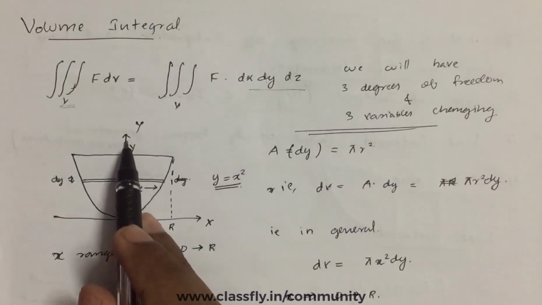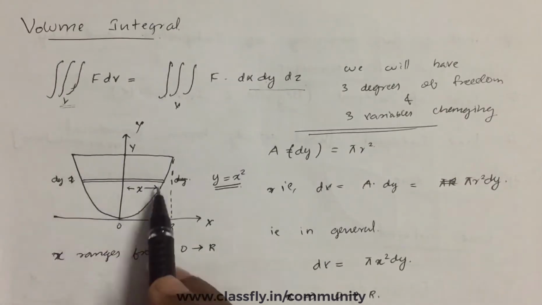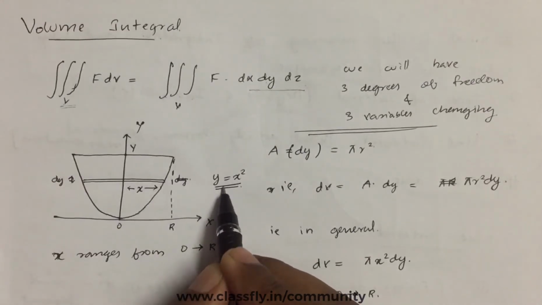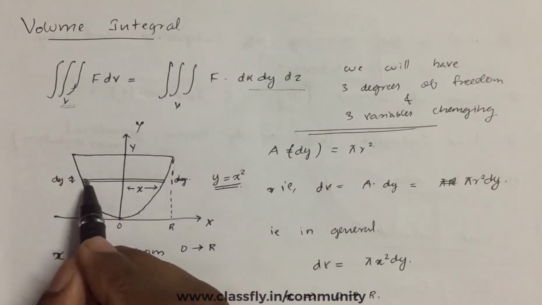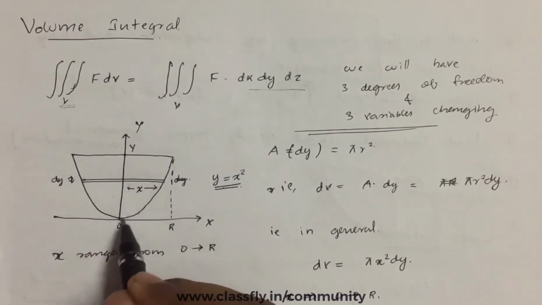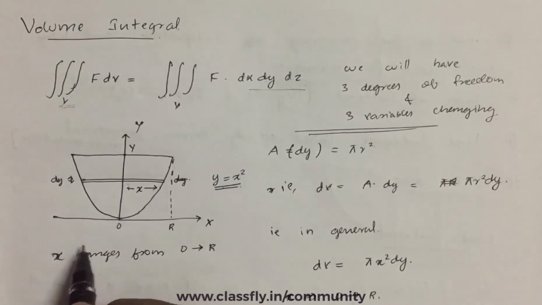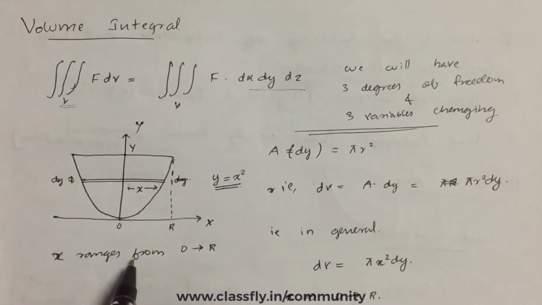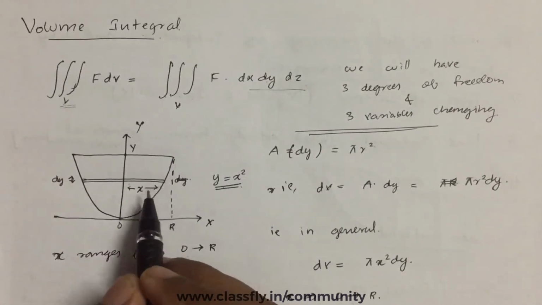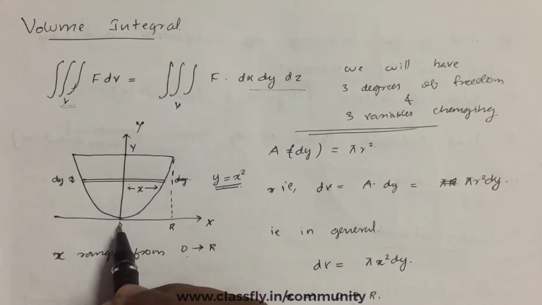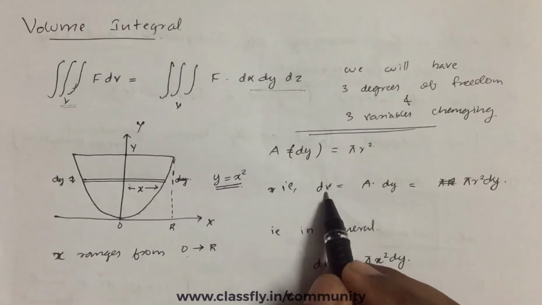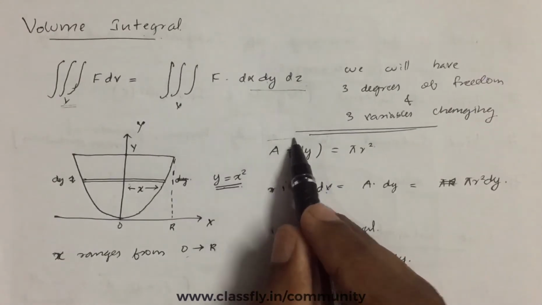Consider this example. Here this is a shape. We have the curve y equals x square. Consider a small thickness area, dy thickness, and the radius x ranges from 0 to r. Here x equal to 0 and x equal to r. In the y axis, y equal to 0 and y equal to y at this point. That is dv, since the area of dy